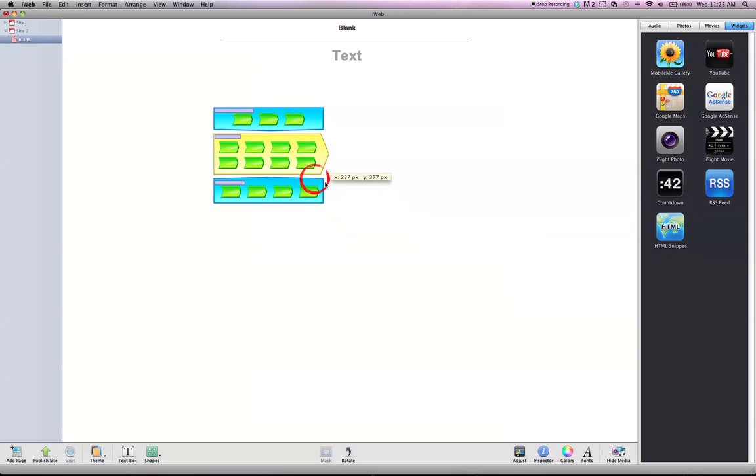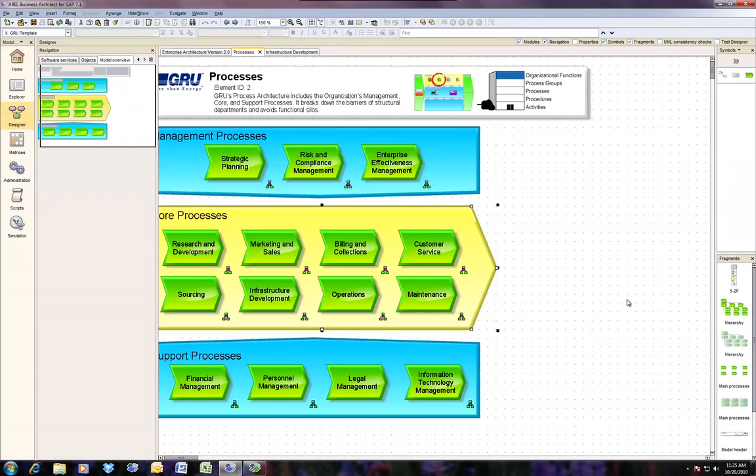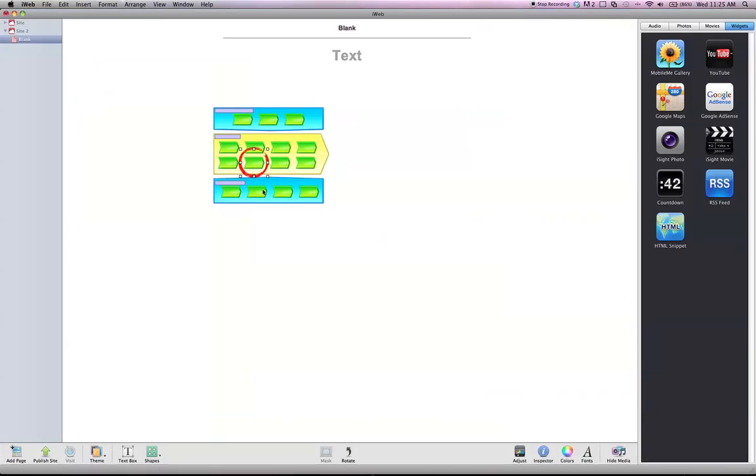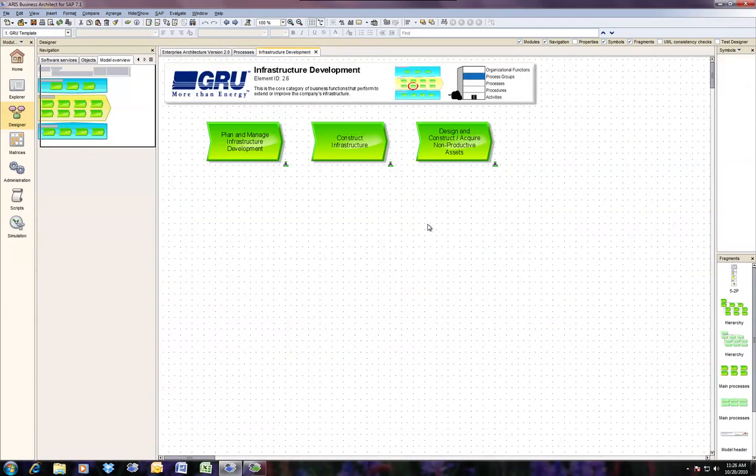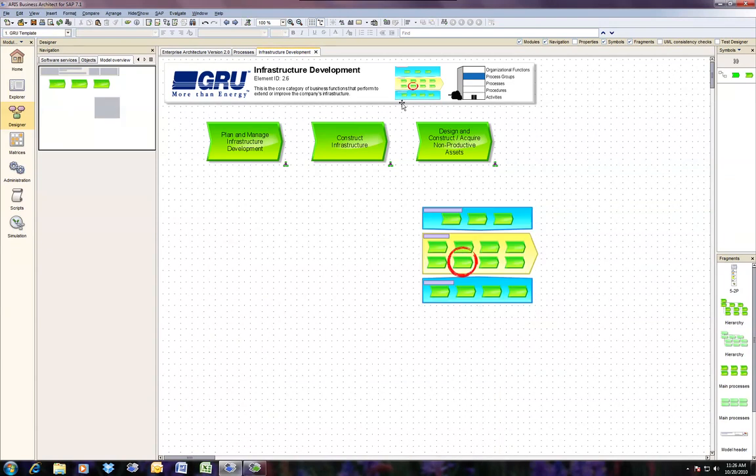Okay, so now we are coming from infrastructure development, which is 6, I believe. We can check over here. Yeah, 6. So we want to highlight that process from there. We can then circle these, copy it to the clipboard, and then in our infrastructure development model, we can paste it in here. So at this point, we're going to ungroup the model header,